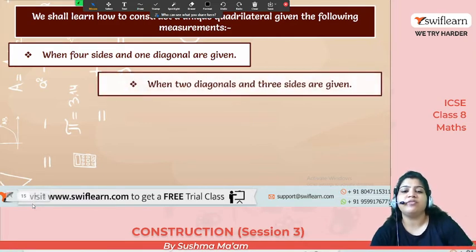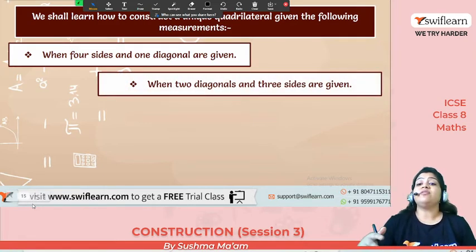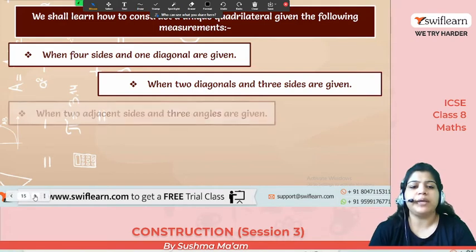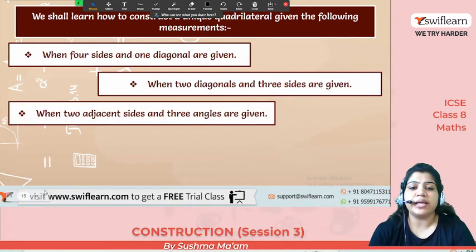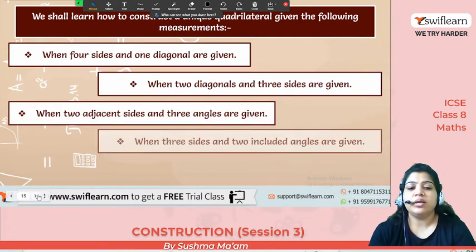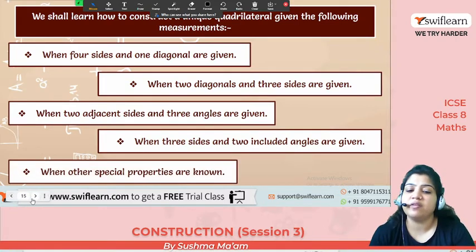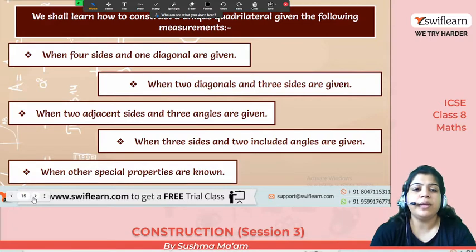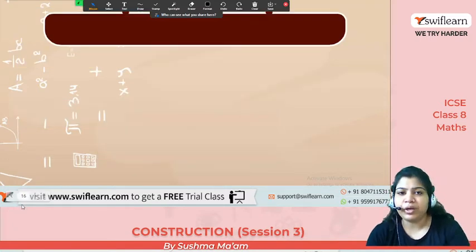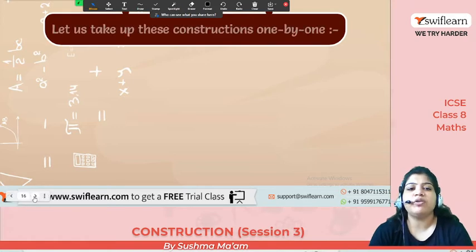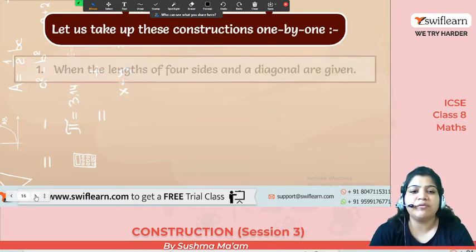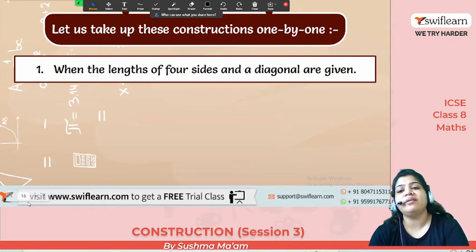Okay, this is the easiest one. When 2 diagonals and 3 sides are given. When 2 adjacent sides and 3 angles are given, and when 3 sides and 2 angles are given. So these are all the cases, and when other special properties are given. So today we will see every type step by step, one by one. So the first one, let's take when the length of 4 sides and a diagonal are